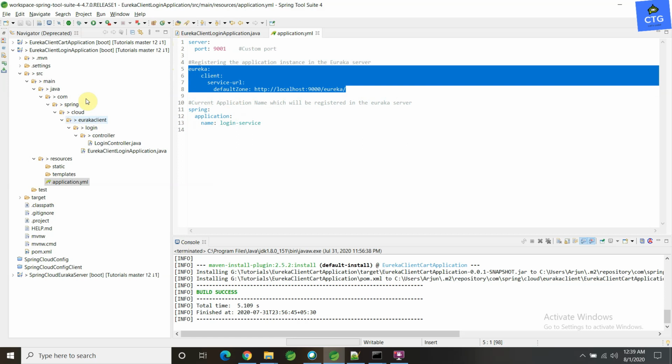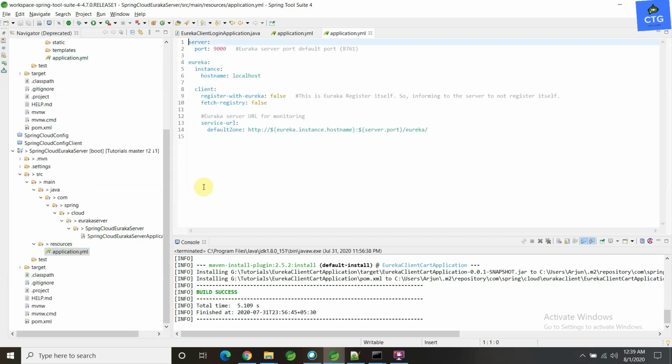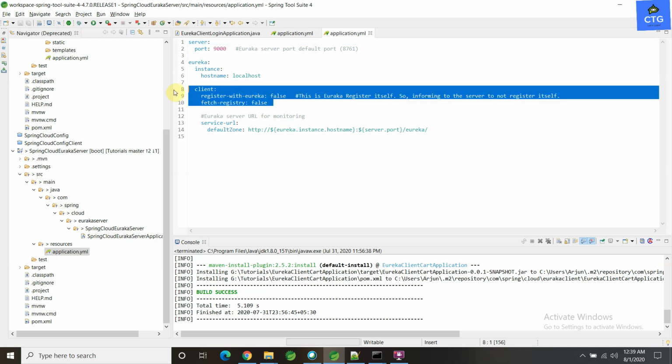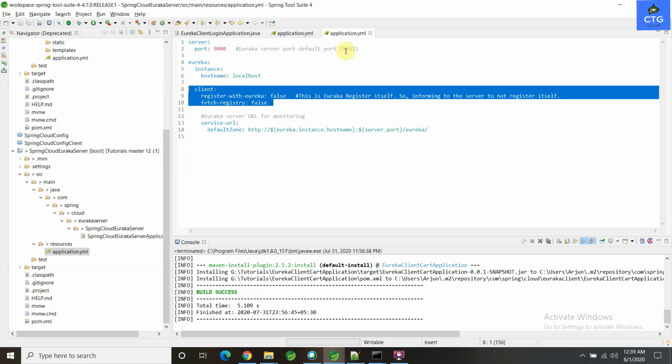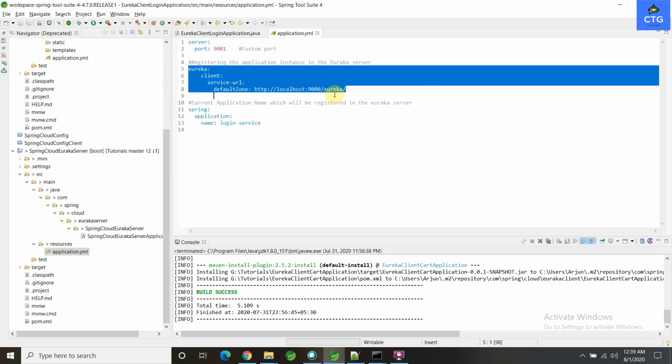Basically, you can compare one thing: this is the Eureka server configuration. Here we are mentioning that register-with-eureka is false and fetch-registry is false, meaning we are not doing any registration in the case of the Eureka server, because that application itself is acting as the Eureka server. That's the reason. But here we are not defining those two properties.